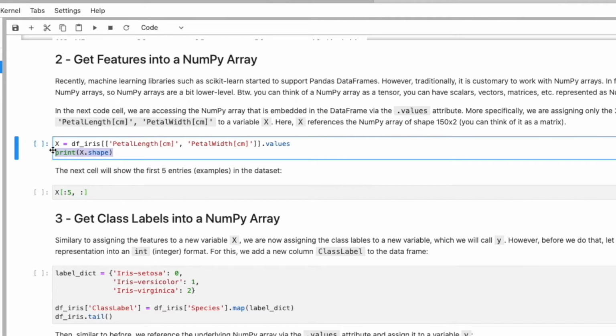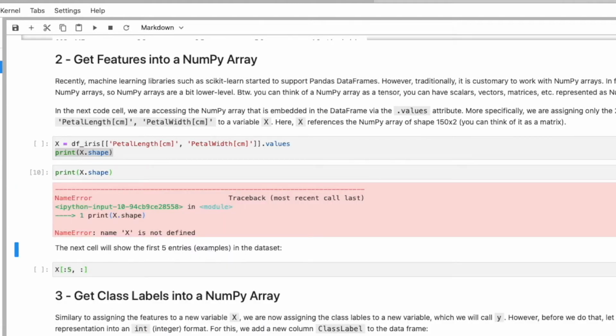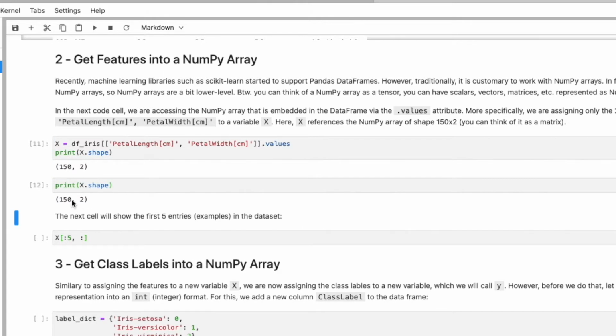So the shape command will confirm what I just said. The shape command is showing me the number of dimensions and the number of entries in each dimension. I should execute this first.